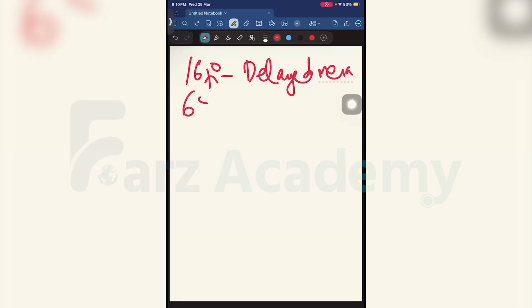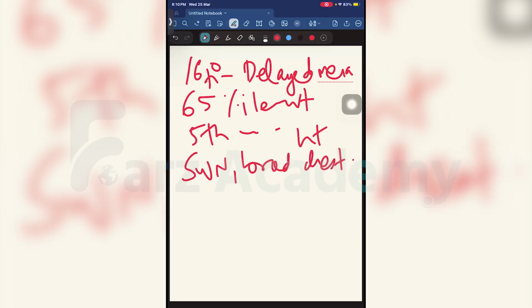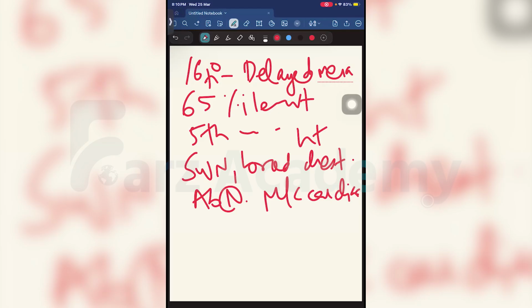Now you tell me, when a 16-year-old girl comes to you with delayed menarche. On history, you note that there are no developmental concerns. She is at the 65th percentile for weight and at the 5th percentile for height. She has a broad chest and a short webbed neck with delayed menarche. I do a karyotype that turns out to be abnormal. Tell me the most common cardiac condition associated with this disease.